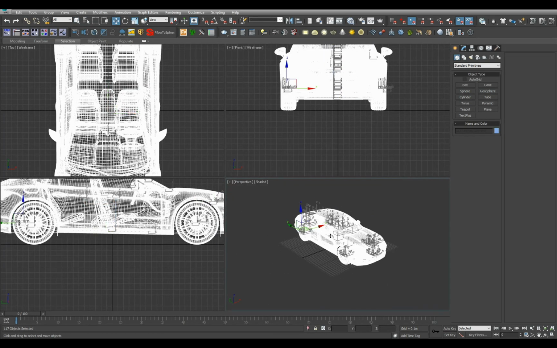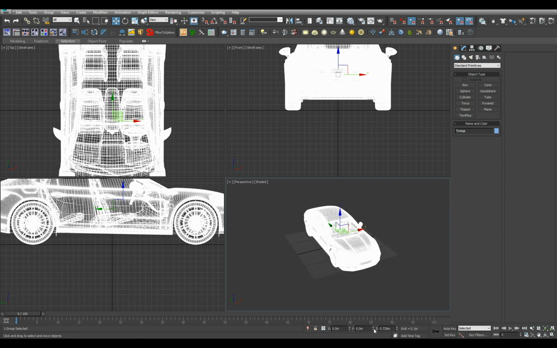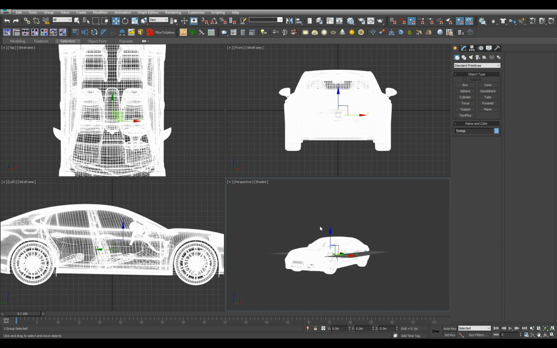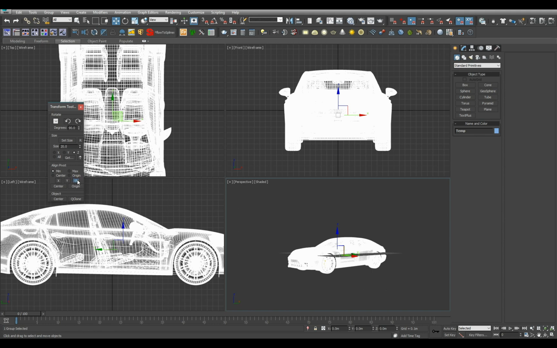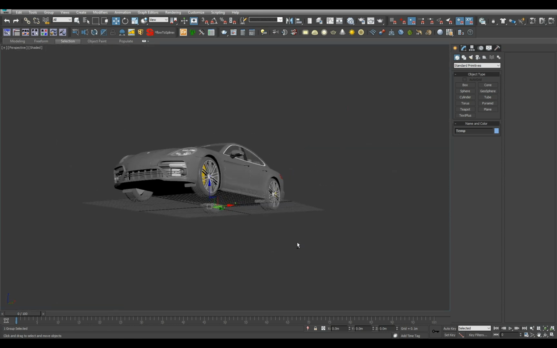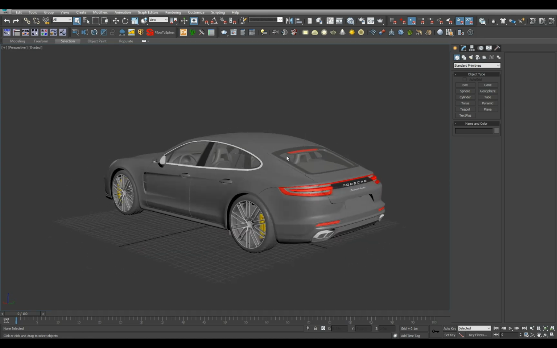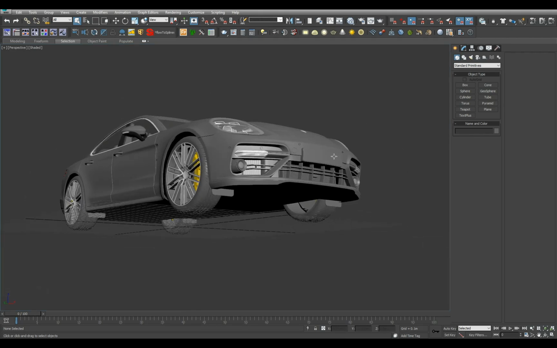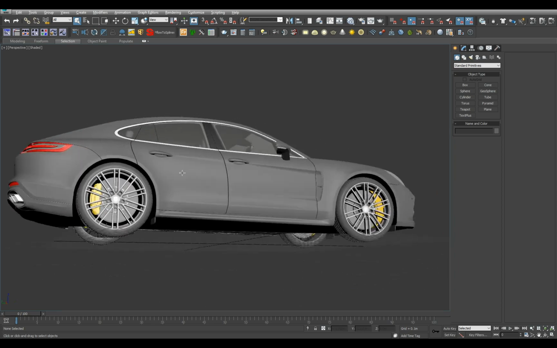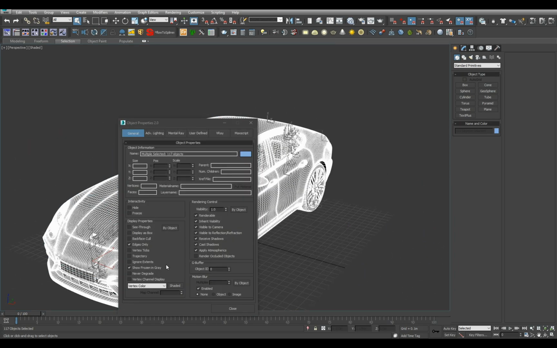Okay, I'm gonna just temporarily group it, zero it out. Then I'm gonna set the pivot to be at the base and just look around the car. I'm gonna delete the group now. Okay, everything seems perfect. First thing, I'm gonna go to object properties, make sure backface culling is not enabled